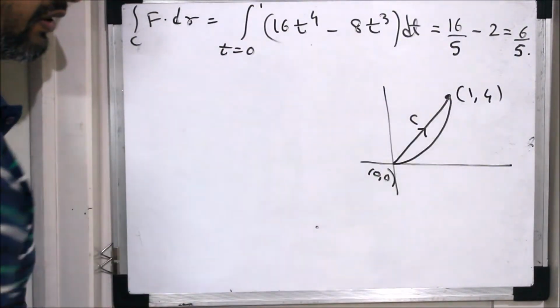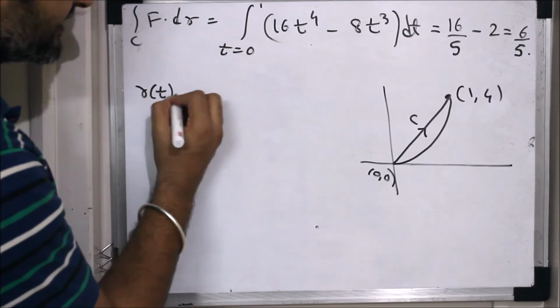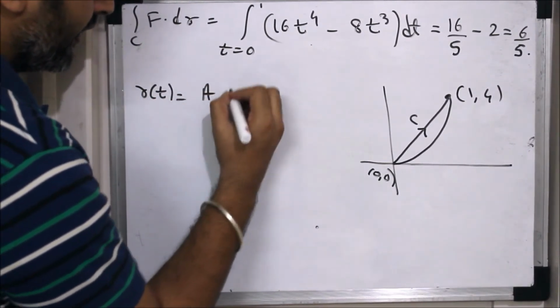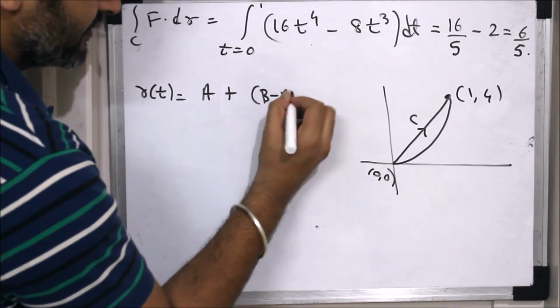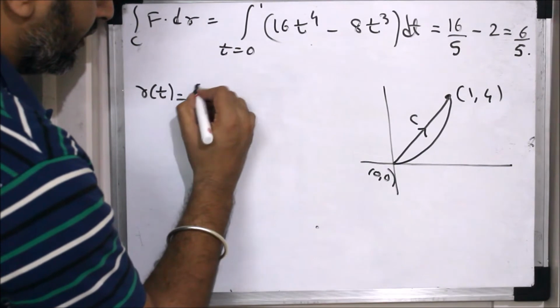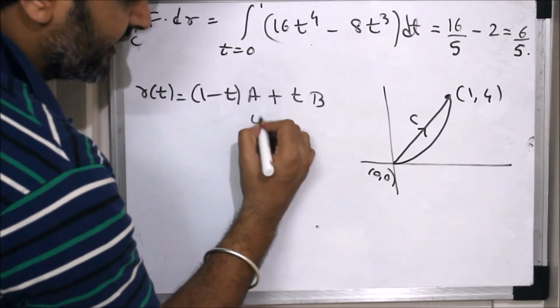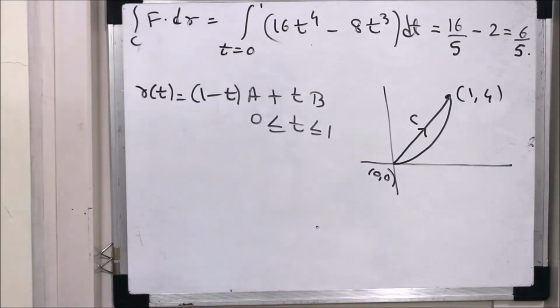Suppose now this is my curve. So it's a straight line. How do you parameterize a straight line? As we saw in my previous lecture, it is nothing but (1 minus t) into a plus t into b, where t runs from 0 to 1. This is how you parameterize a segment. If you are not comfortable with the parameterization, my suggestion will be you please see my previous lecture on parameterization.